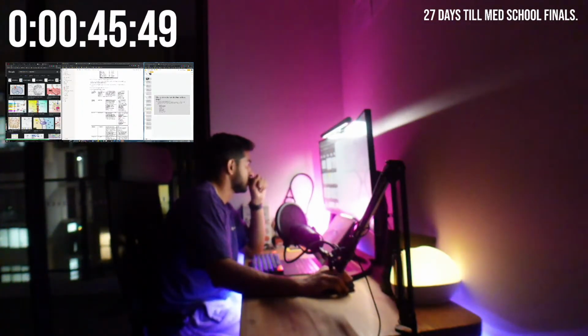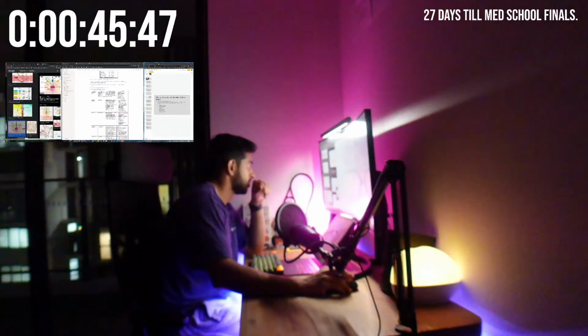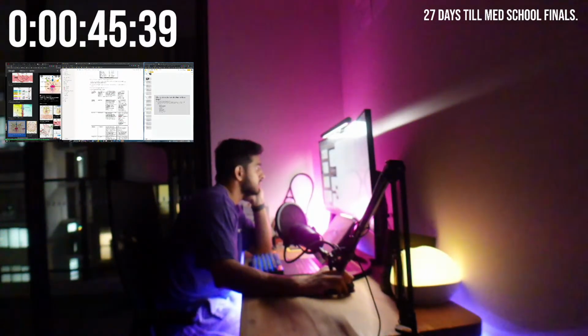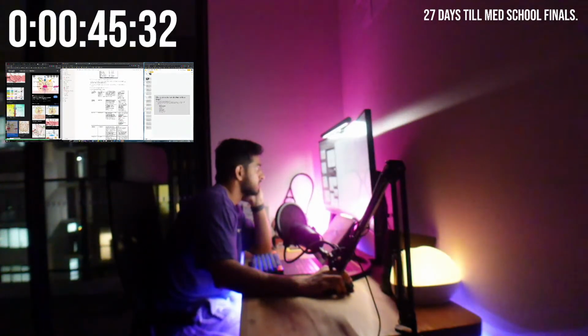So let's understand this here. Okay, so gastric glands, and you have parietal cells that produce acid, and proton pump inhibitors inhibit the